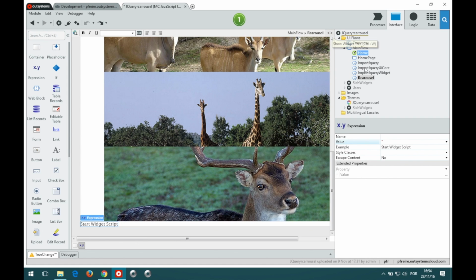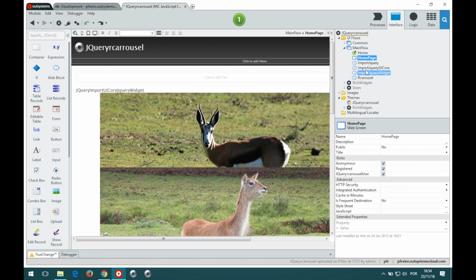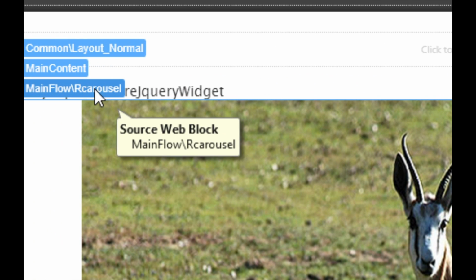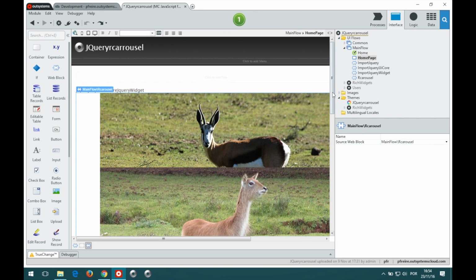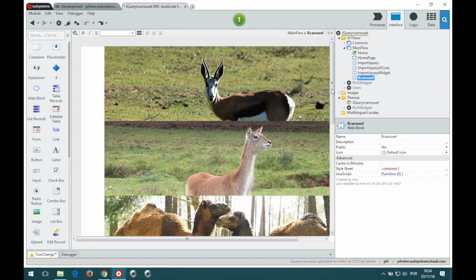And once we have this, on our home page, we just drag each of these widgets. So the jQuery import widget, the UI core widget, and the jQuery UI widget itself, and then the carousel widget itself is inserted here. Now, because these three are actually dependencies of this one, you could just open this one and drag these